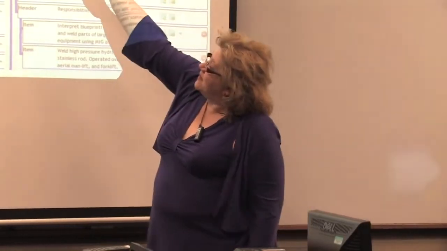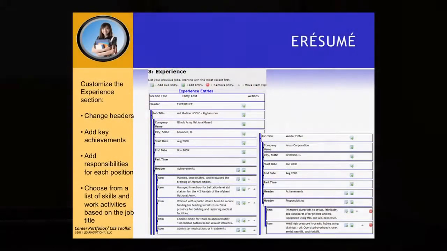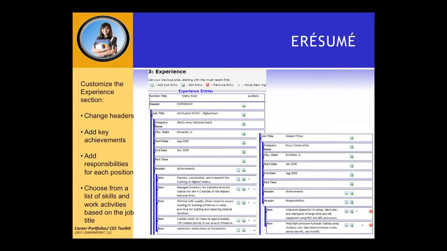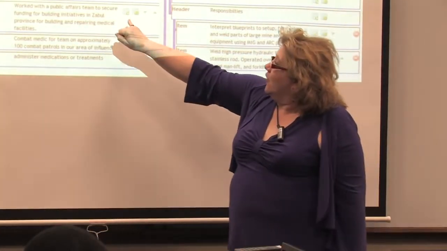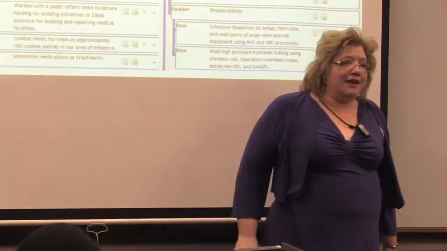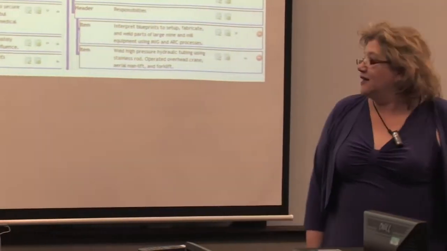Experiences are going to come up in the same way. Each one will have the header, the job title, the company. You can add, here are achievements. Each of these has multiple work samples. You get to choose which ones to add. And the items. Oh, and we're going to show you so many more things. Gosh, we haven't even scraped the surface on this. And you get to edit or leave them as they came in for defaults.